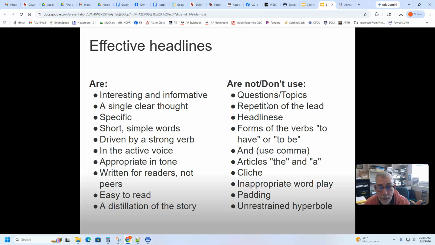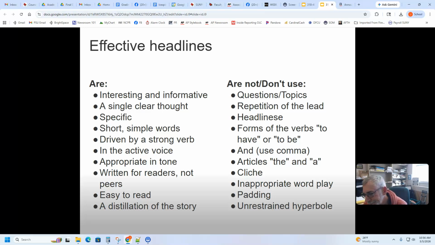In assignments so far in this class, you kind of just fill the space to get done with it. Now things are going to change. I'm going to be looking at headlines to see if they're really good headlines, if they work, on the criteria we're mentioning here. We don't usually use the word and in headlines. We tend to use a comma instead. We don't use the articles the or a. We skip those in headlines. They're more compact.